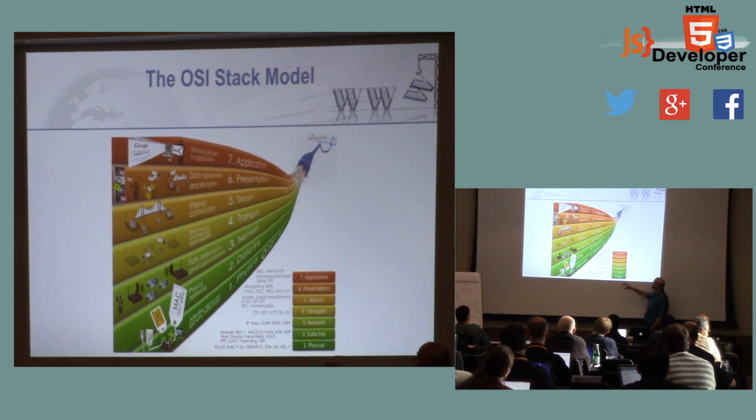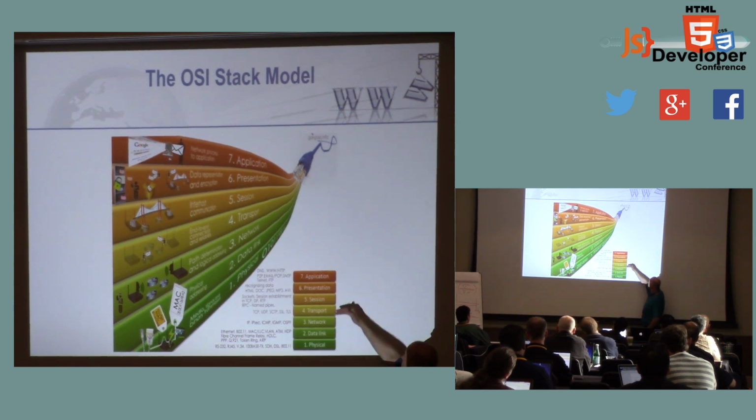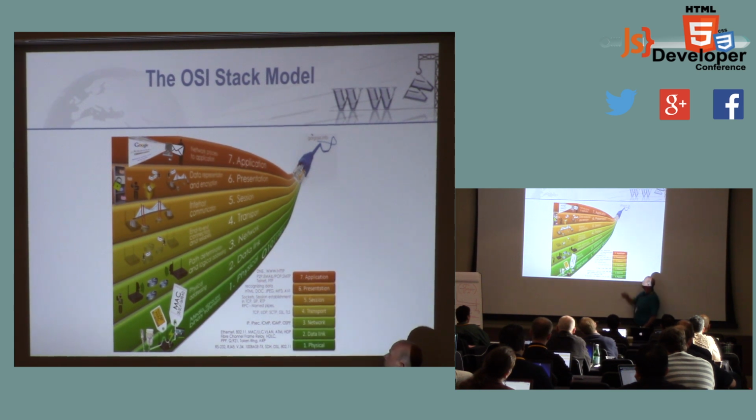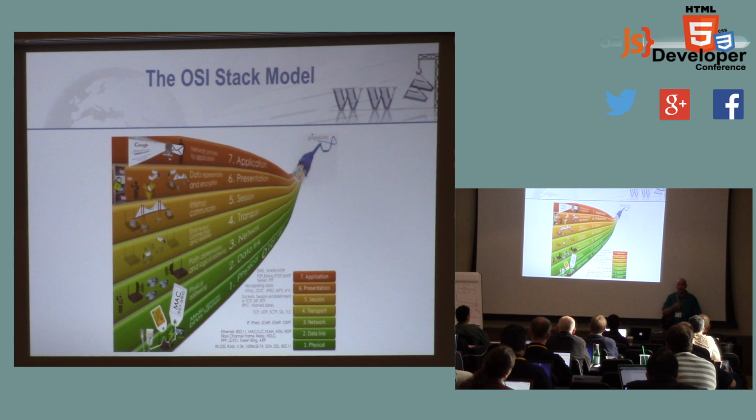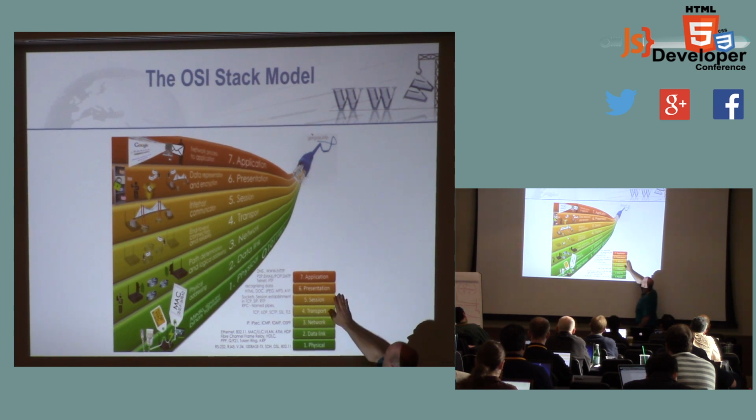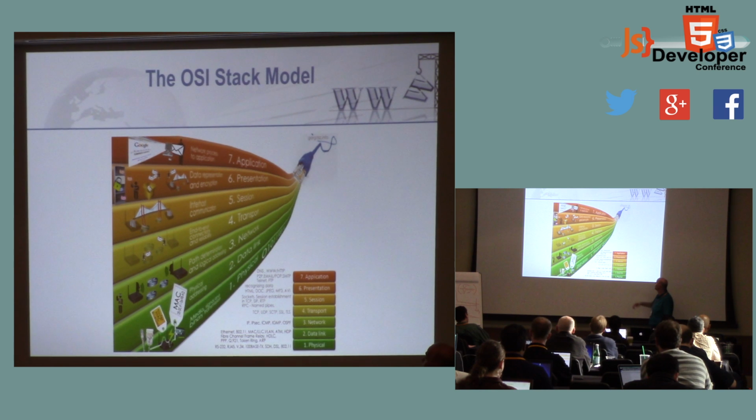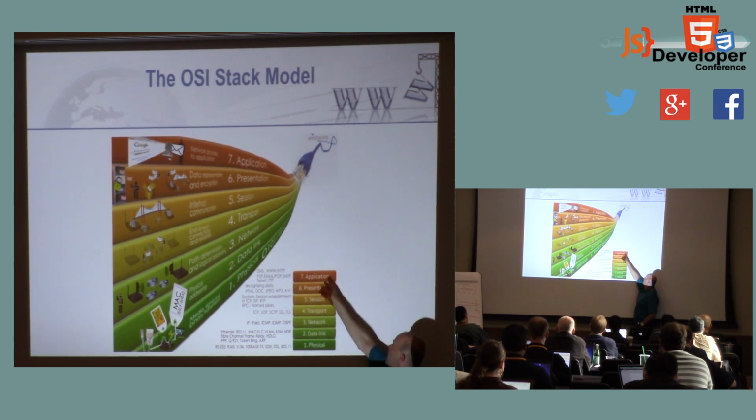The second thing is that for most purposes, for performance, you don't care about anything but these: transport, session, presentation, and application. And honestly, you really don't care too much about the presentation layer, because these are normally applied to fixed formats that have some piece of software that encodes and decodes them, right? MPEGs and GIFs and so on. You don't really care too much about layer 6. There are cases where you do, but not for performance purposes. Mostly what you care about is here, here, and here. And you really only care about this because of SSL.